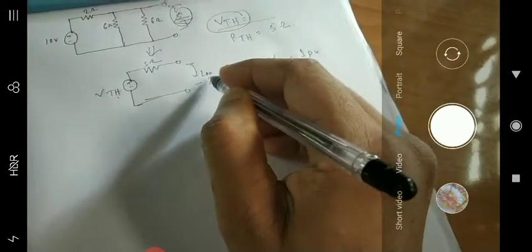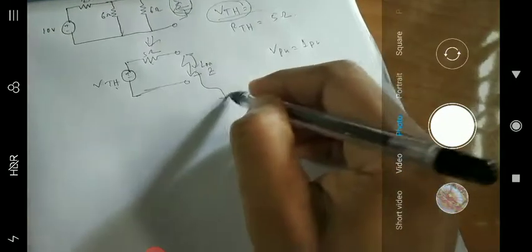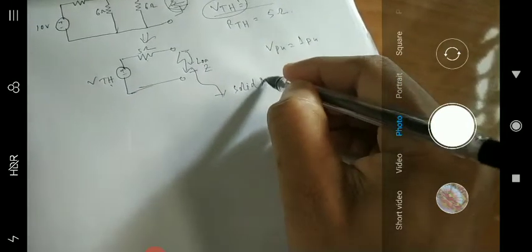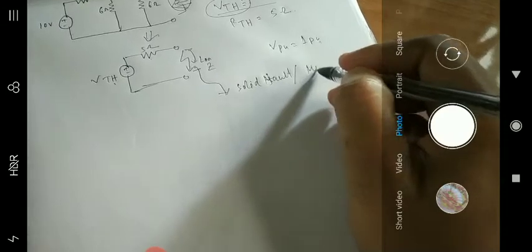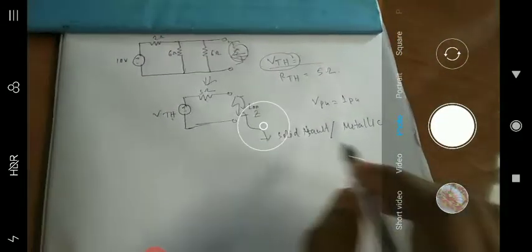In case of power system fault analysis, this load is simply a fault. If I assume zero resistance, a solid fault or metallic fault is that fault which is known as zero fault resistance, meaning directly connected to earth, no resistance is there.